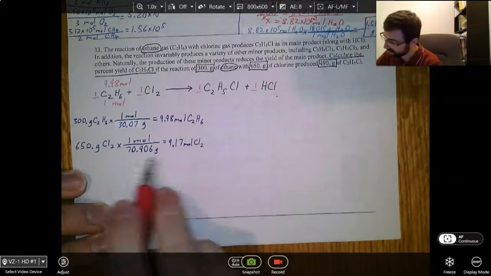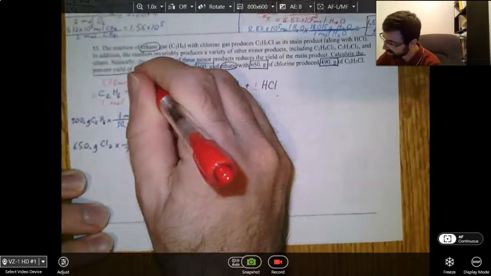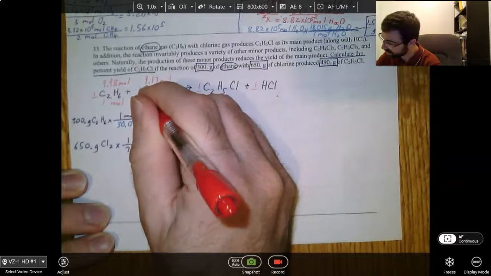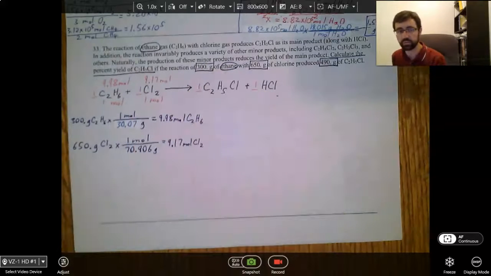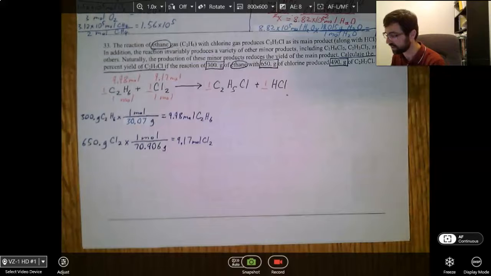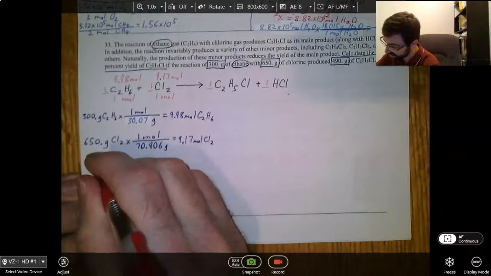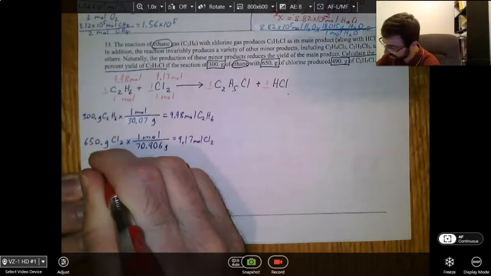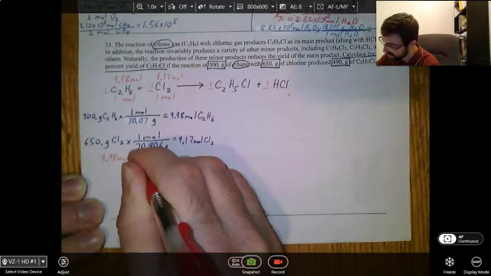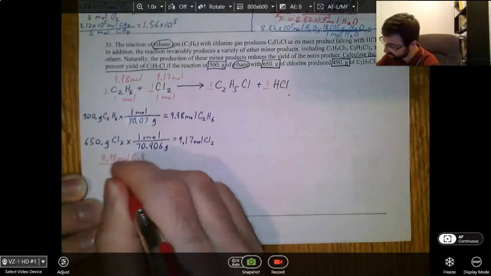For Cl2, we're going to put 9.17 moles over 1 mole. Now you maybe could just figure out by looking at it which one's going to be the limiting reactant, but it's important that we show our work so that especially when you're taking the College Board exam, you want to be able to explain in your writing exactly what you're doing so they know that you're solving it correctly. So we're going to put 9.98 moles of C2H6 over 1 mole